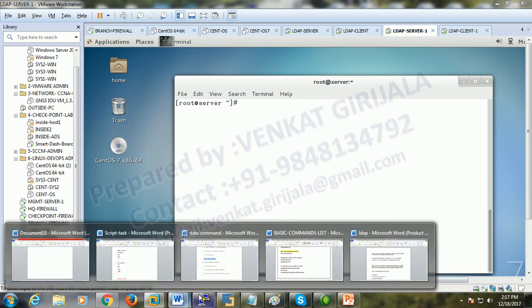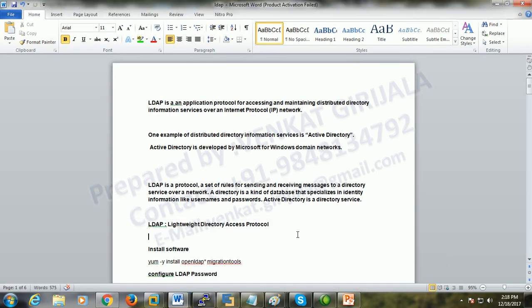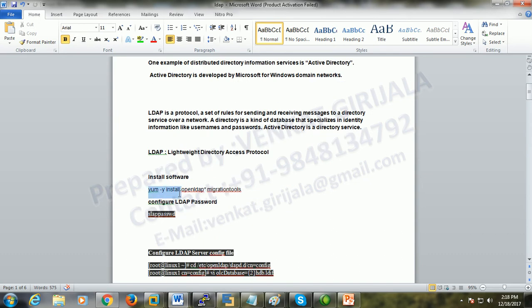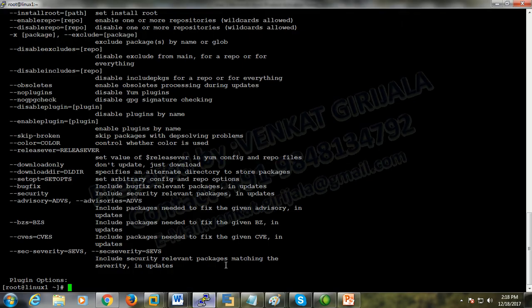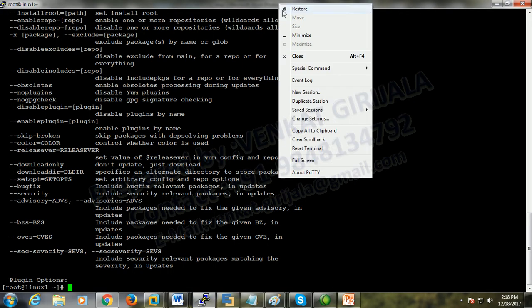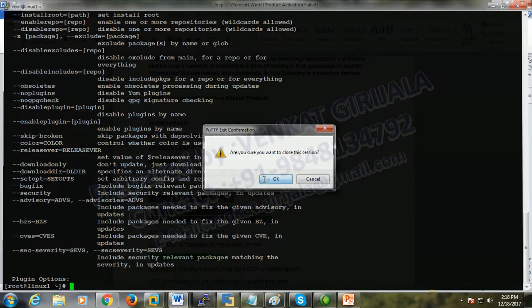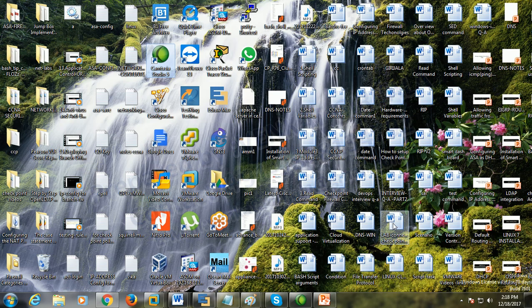I prepared some documentation on how we can set up the LDAP server. These are the commands we need to install the packages, and the steps you need to do one by one. For the easiest way, you can copy and paste it. For copy and paste, the better way is to connect with PuTTY. So I'll go to PuTTY. The PuTTY is there,